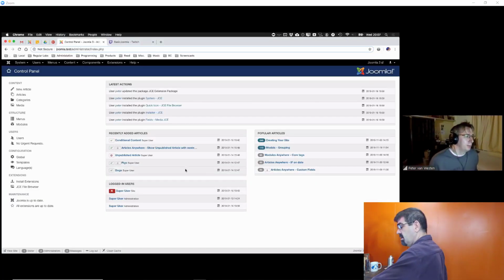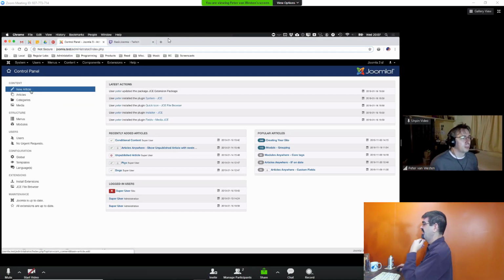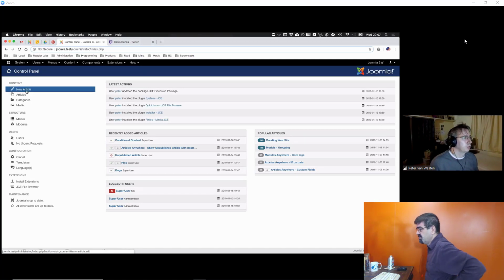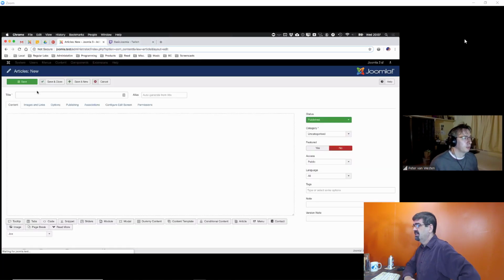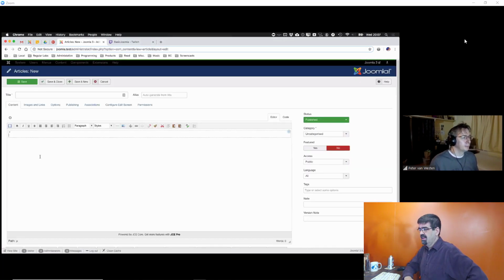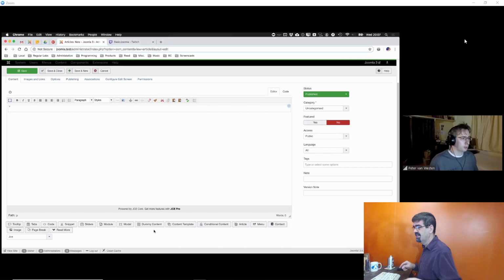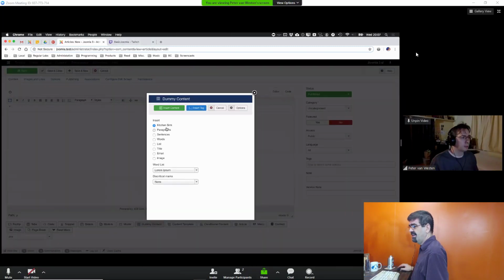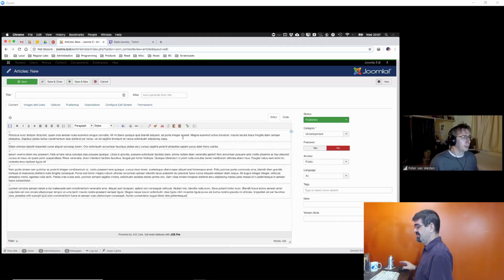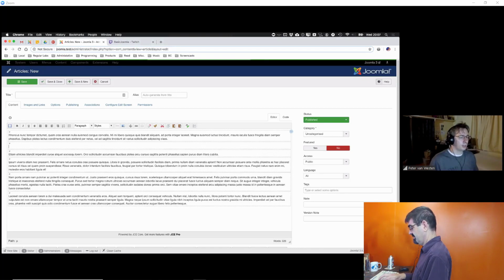So, as Tim said, he was trying to place some notes in articles, and I think there would be a better way, but I'll show you a few ways we can approach this. So let's say we have an article. We'll just place some dummy text in there, and you want to tell your client or whoever something about what they have to keep in mind when editing this article, like